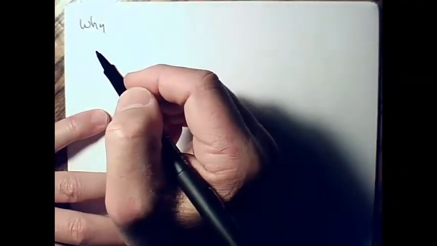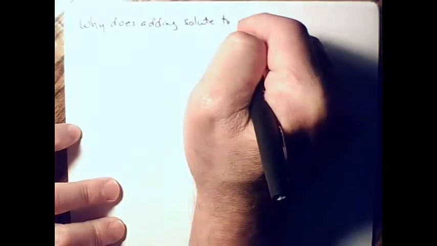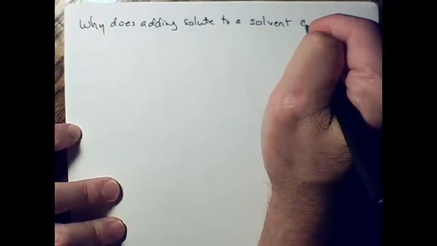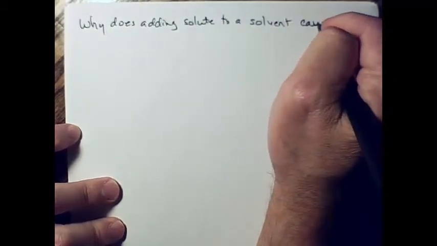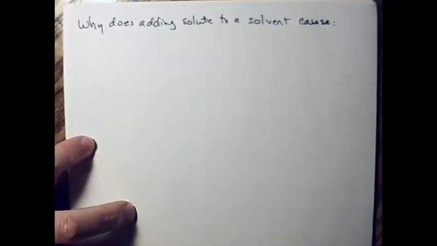In this unit, one of the things that we looked at is boiling point and freezing point, and I want to add to that something called vapor pressure. Why does adding solute to solvent cause this behavior we see, where you add the solute to solvent, boiling point goes up and freezing point goes down? So why does adding solute to a solvent cause, okay, this kind of physical cause is what science is about, trying to figure out how or why the universe works, cause